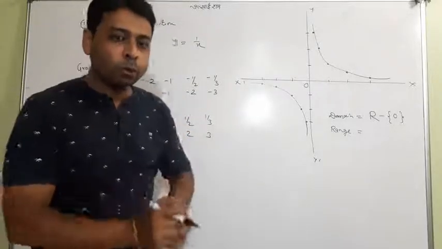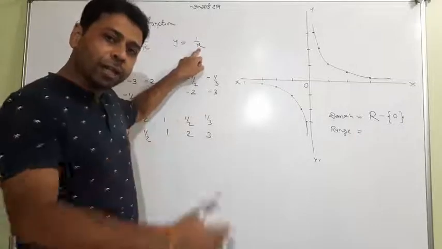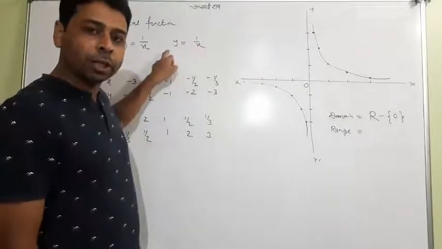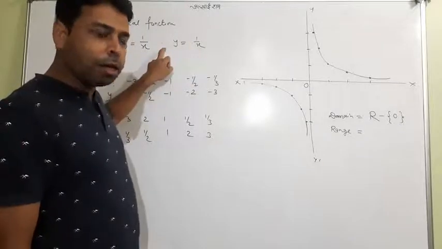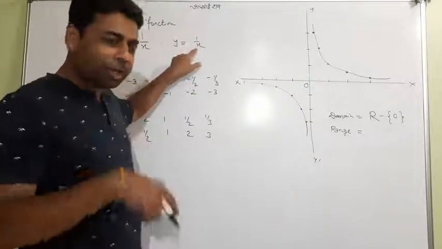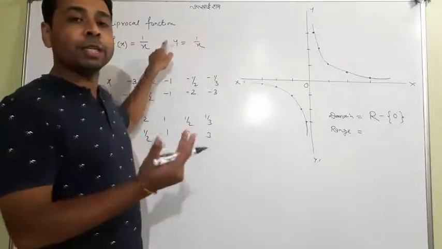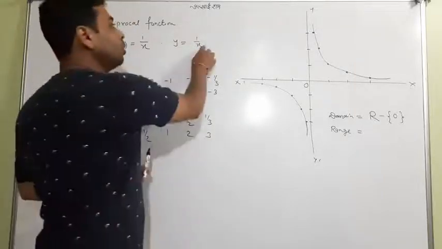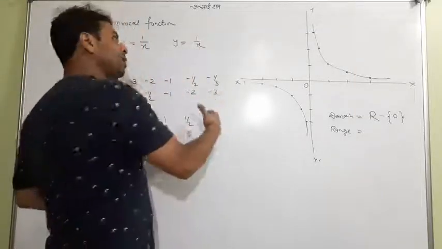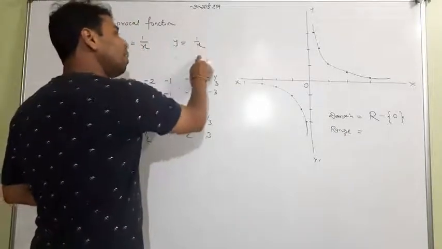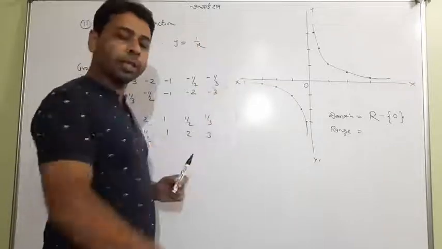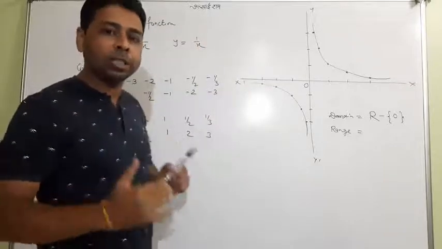Frankly, I would say that you will get all the real numbers. For a negative real number, you will get a negative real number answer. With a positive real number, you will get a positive y. But you can't get 0 because for no value of x does it give 0. You can't put 0 here. So it is defined, and y will be all real numbers, but y cannot be 0 for any x.